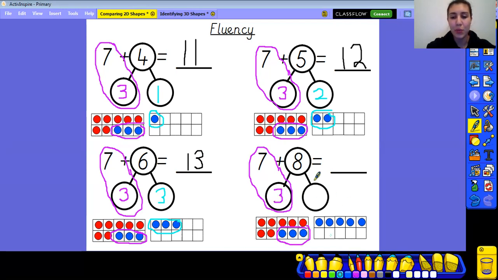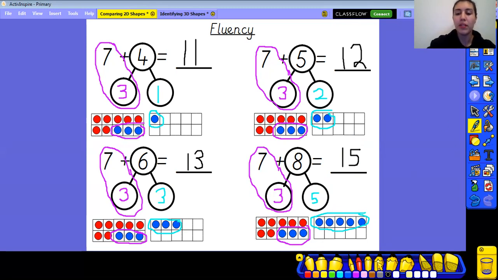But I didn't want to just add 3, I wanted to add 8. So I've got 5 more counters to add, but I'm adding that to 10 because I already know that 7 plus 3 equals 10. So 10 plus 5 more equals 15. Can you see these 5 ones that I'm adding second are replacing that 0 in my 10 because I had 0 ones when I made a full 10, and if I had 5 ones, they'd simply just go into your